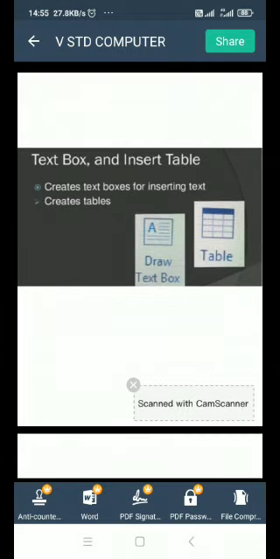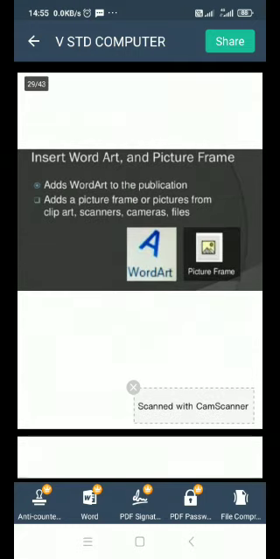And we see the pictures, text box and insert table. Create text box for inserting text, creates tables. And we see the pictures, insert word art and picture frame.